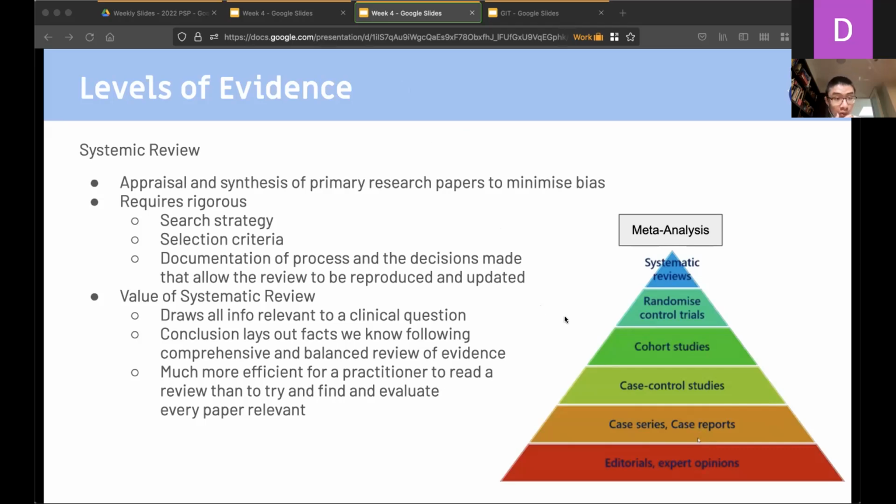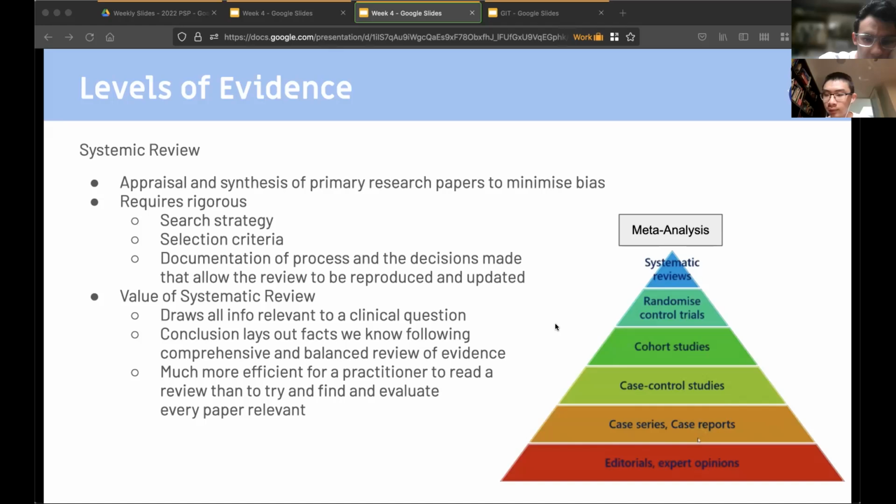Systematic review requires rigorous standards. So it needs to have a good search strategy, it needs to be documented, and it needs to have good selection criteria, which also needs to be documented. What's important with systematic reviews is that they draw all info into relevant clinical questions. The conclusion lays out the facts we know more comprehensively, and it's much more efficient to read one systematic review than 90